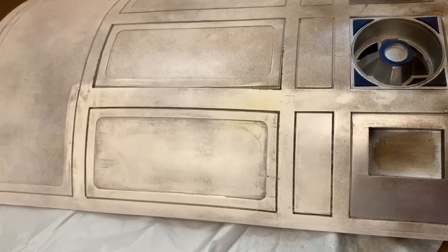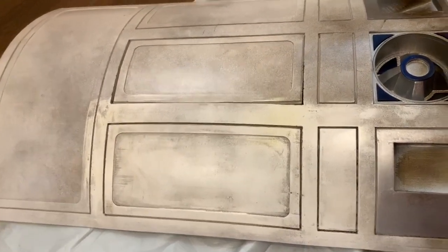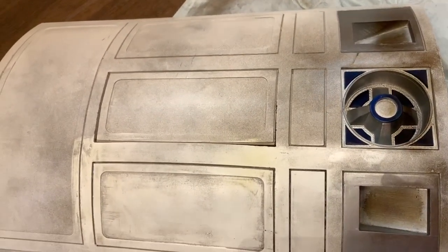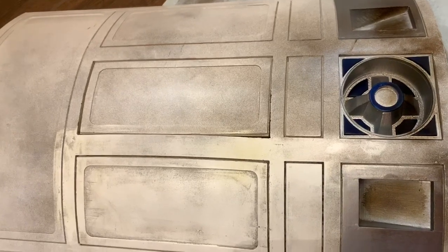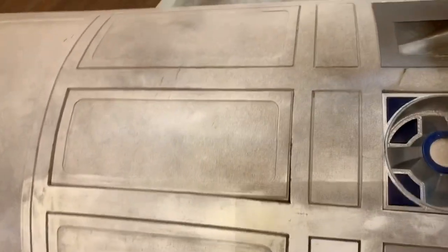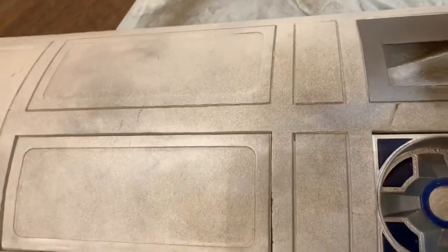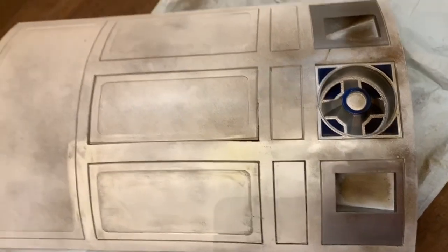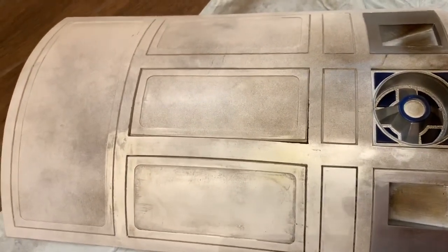So hopefully there you can start to see that first part of the panel. Now in true Blue Peter style, I'll just finish off going over this panel by breathing on it to put a bit of moisture on the paint, wiping it over, and then just going over it with some steel wool. Very, very simple techniques, and as I said, this is only the second time I've used it, but